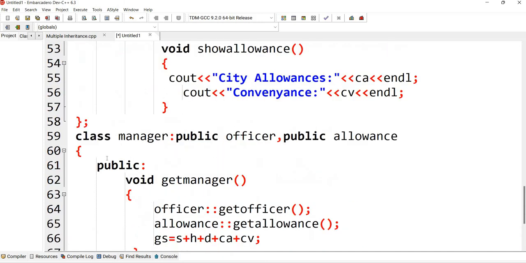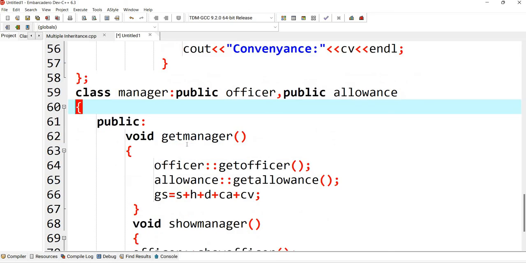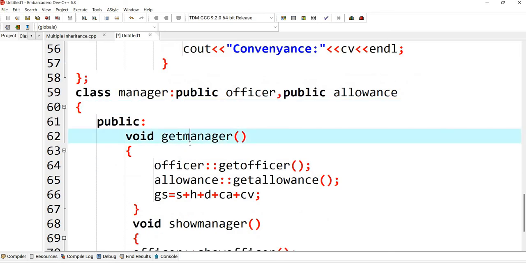Okay. So now this is the class manager which will access data from the officer as well as allowances. Within this public section, one member function is get manager. There we are calling two member functions, input member functions for the officer and for the allowances. We'll calculate the gross salary.